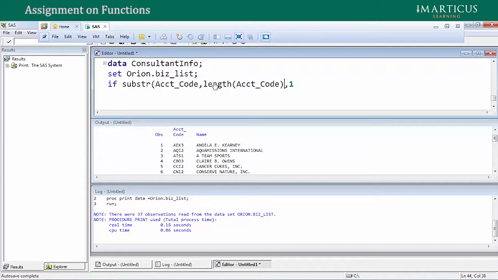So I say if SUBSTR account code, comma length of account code, comma 1 is equal to 1,